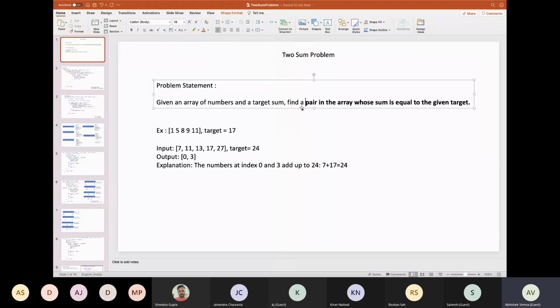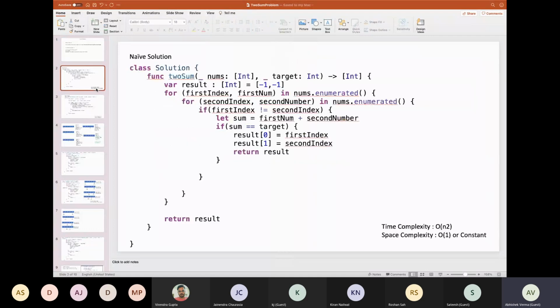Okay. So now I think we have had enough discussion on the problem statement and the way we should discuss this with the interviewer. We will go to the second slide and see the naive and very basic solution for this problem.